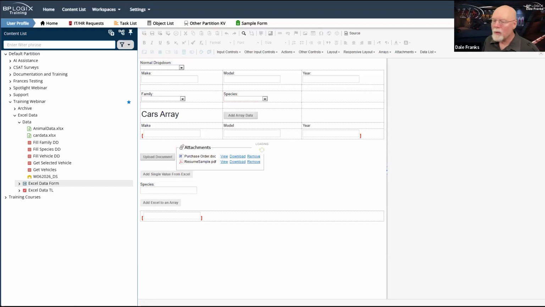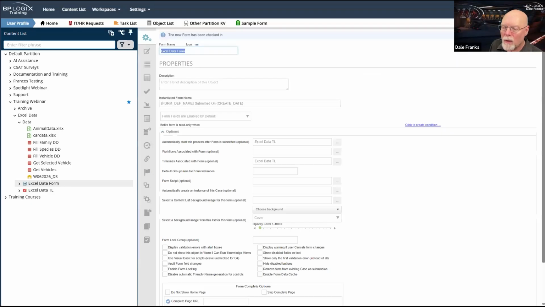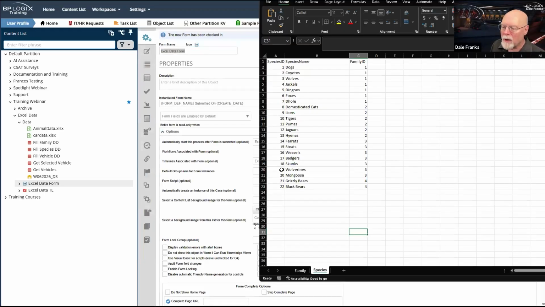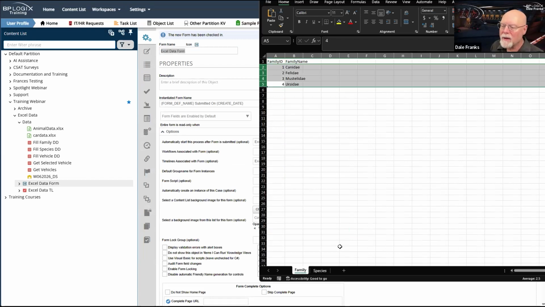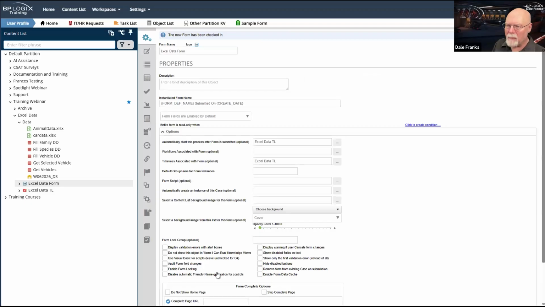And what we're going to do is we're going to take this file right here, and it's got 2 worksheets in it. I may have to do some witchery to handle 2 worksheets, but for right now, let's update our form.